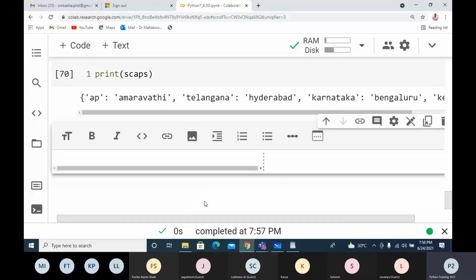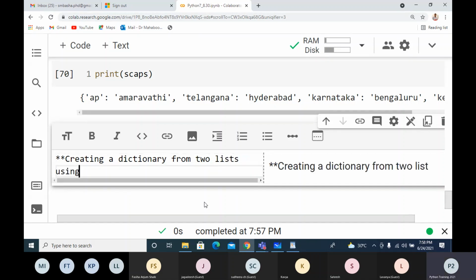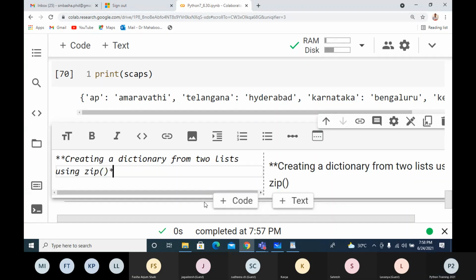Now, here, creating a dictionary from two lists using the zip function is very simple.